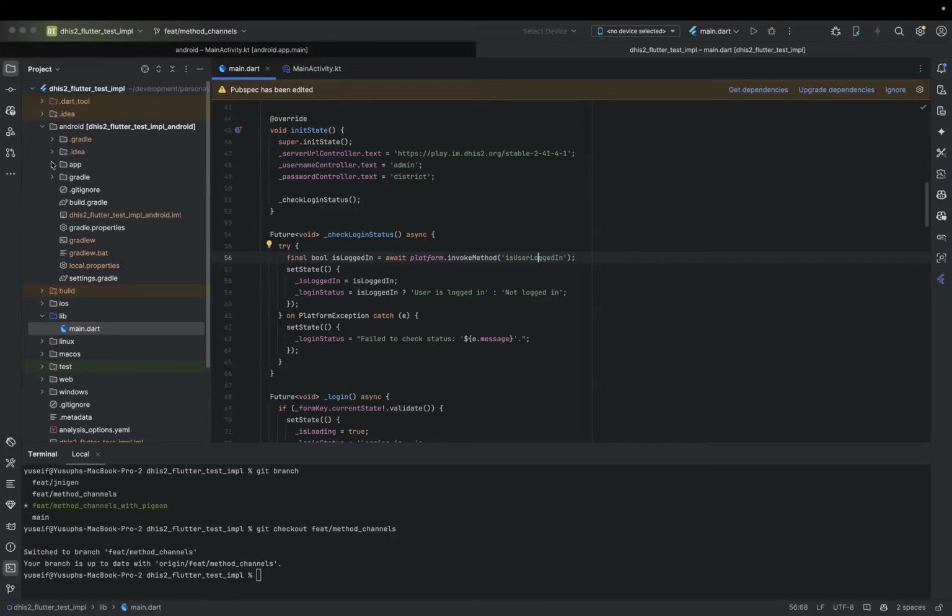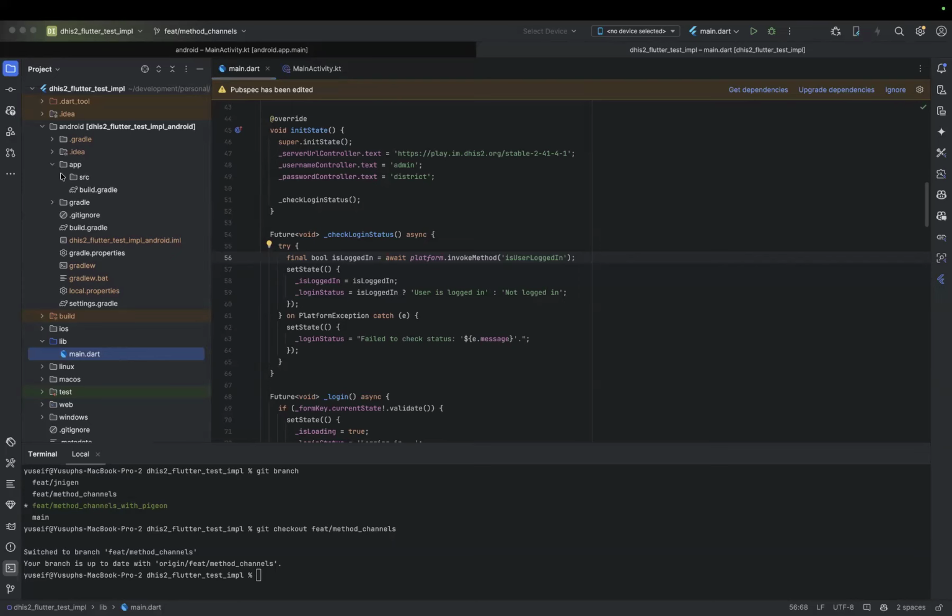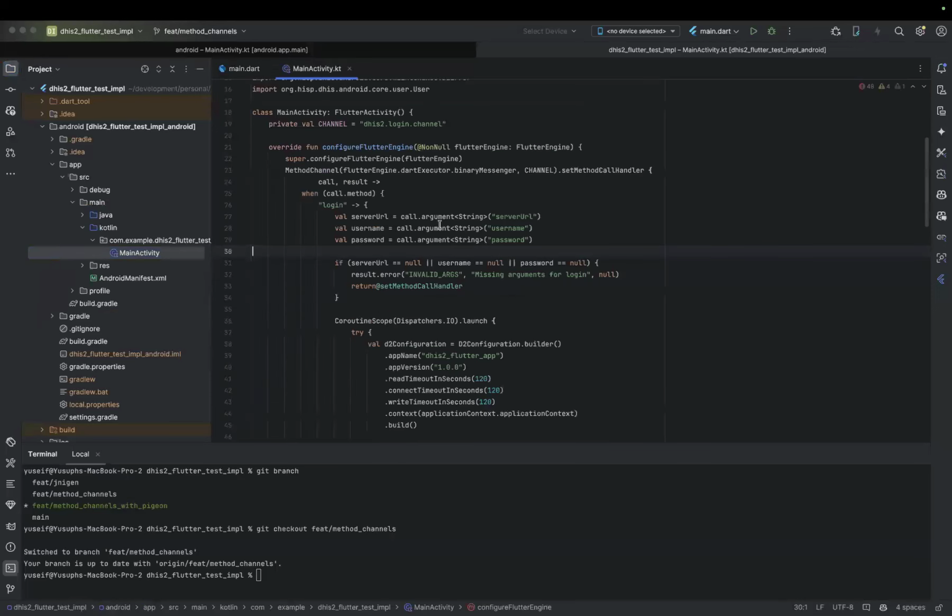So here is our Android project, and if we go to app, source, and main, then to the Kotlin part in the main activity. Another thing I have noticed, if you open the Android project directly from the Flutter project, you want to get the auto completion and those Kotlin features.